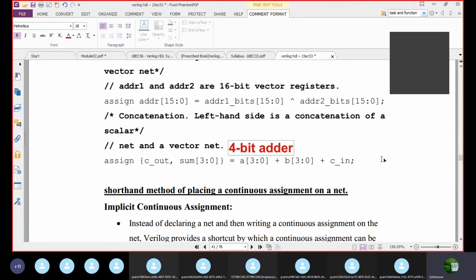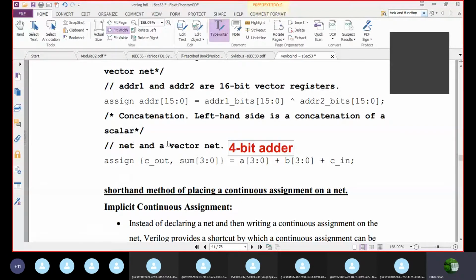If you are going for gate level, you need to write 4 full adders and call them. Here I get the output as C_out comma sum, because I don't want to lose the carry out, so we are using the concatenation operator. A is 4-bit, B is also 4-bit, and C_in is a scalar value. So this is nothing but your 4-bit adder.